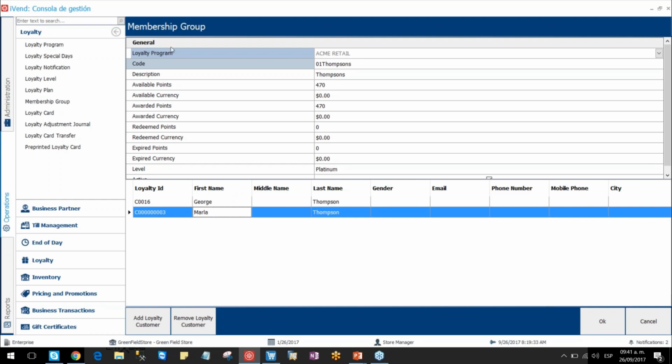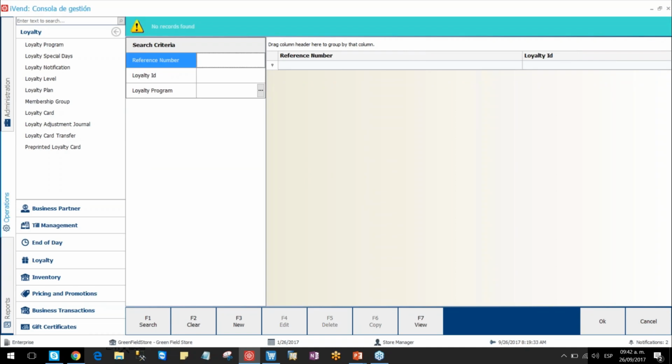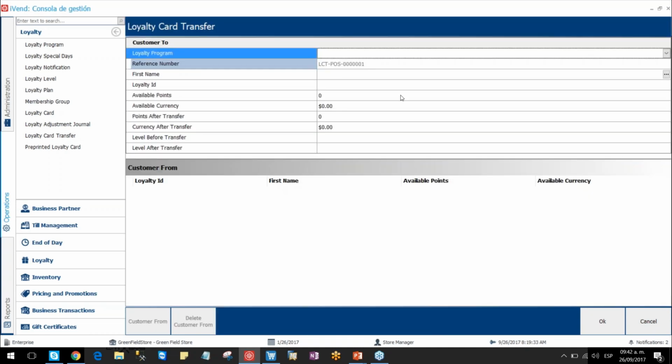So they can do that transfer to a friend, a relative, or whatever. So for that, you use the loyalty card transfer, and then you have to enter which is the customer ID that you're going to use as the source